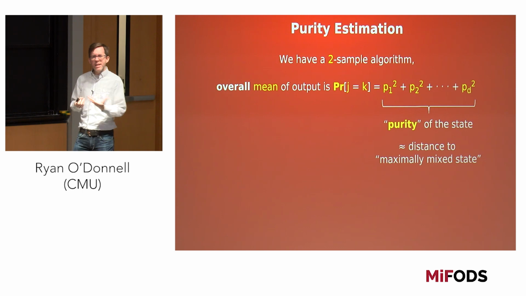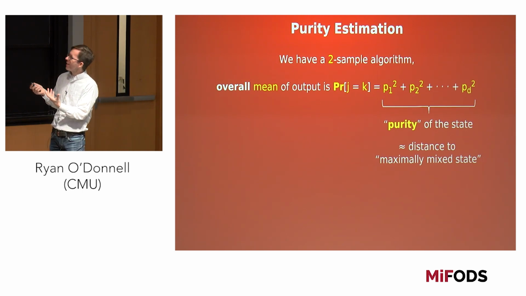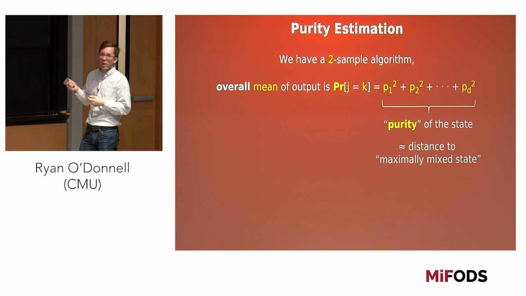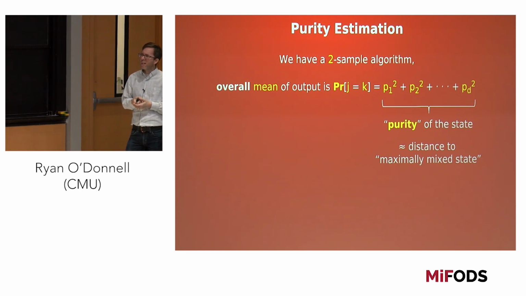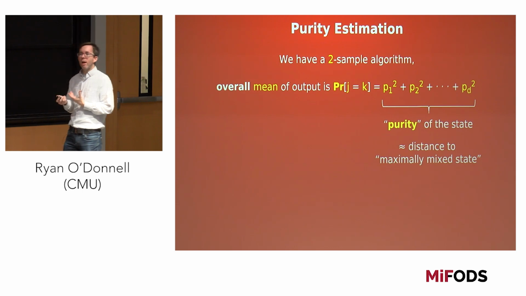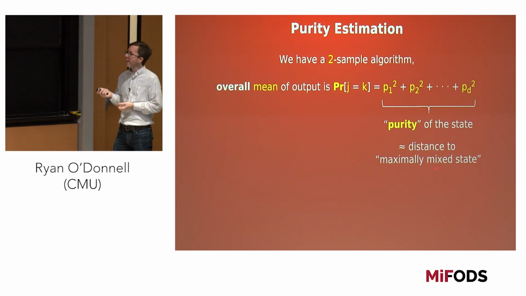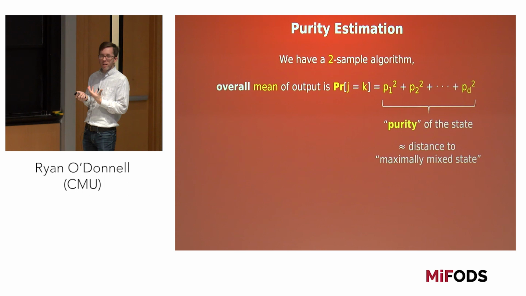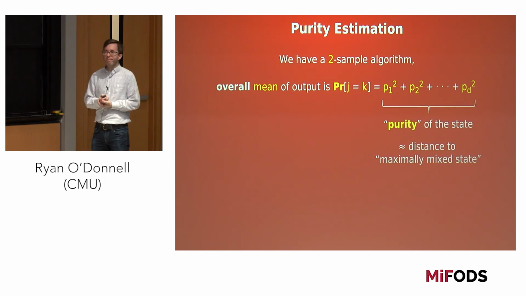It's also basically, in classical probability, a distance of the probability distribution from the uniform distribution. If you have the uniform distribution, this is 1 over d. And if you have, let's say, a distribution that puts all its mass on one outcome, which is very far from the uniform distribution, this is 1. So this is a number between 1 over d and 1. It's basically, if you subtract a little something, like the chi-square distance of p from the uniform distribution. OK, and as I said, it's a quantity that you would care about also in quantum.